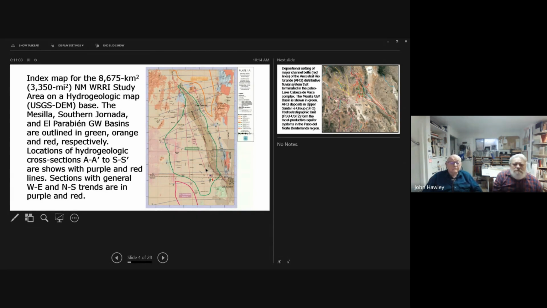And then later in the talk, we'll talk about the deeper geologic units in more schematic block diagrams and cross sections, less detailed images of the Earth's crust to about 5 or 6 kilometers below sea level.